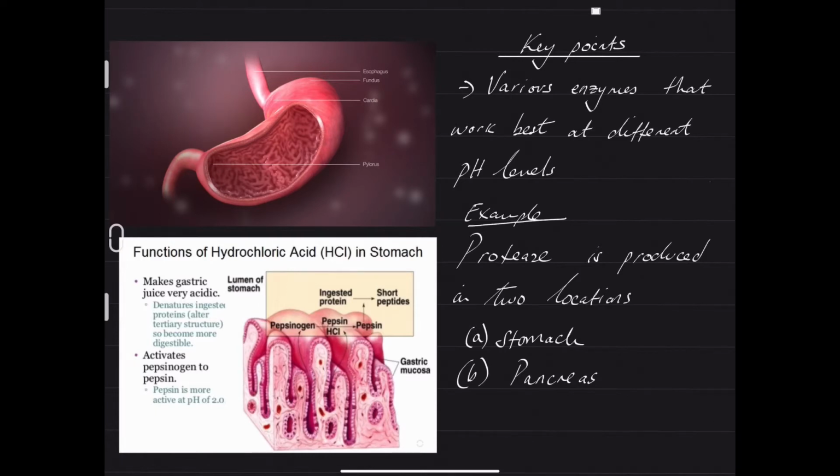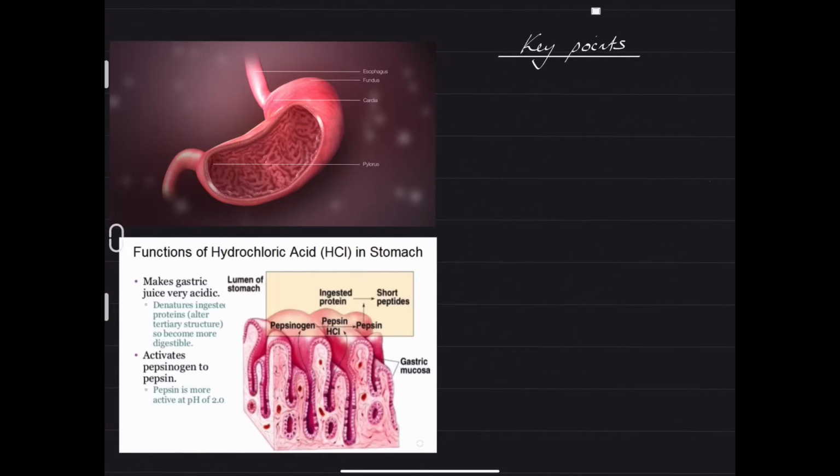Now, when protease is produced in the stomach, it works best, or its ideal optimal working condition is with a pH which is acidic, which is a low pH value. And this is brought about by the stomach secreting hydrochloric acid. So if we have hydrochloric acid being secreted in the stomach, let's focus our attention now at the stomach area. So what we say is that when we look at the stomach,